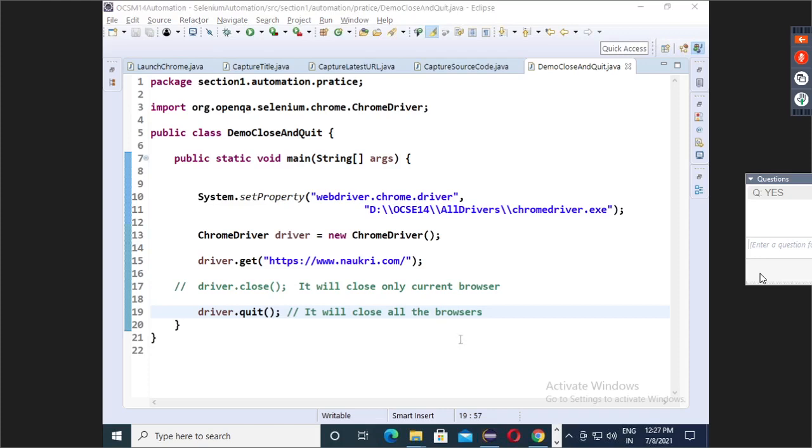Guys, then we copy. Everyone. So, guys, now in total how many methods are done?